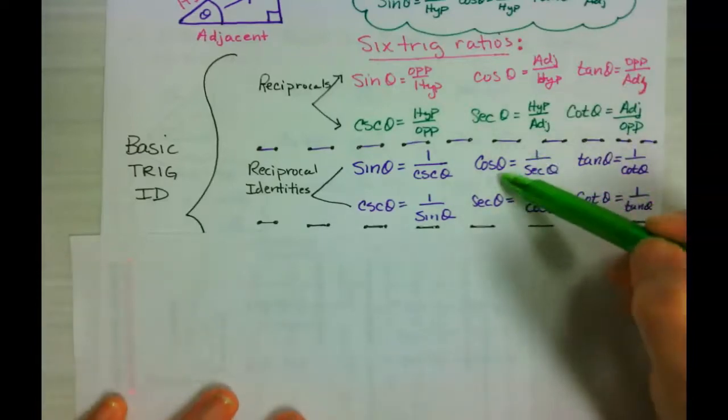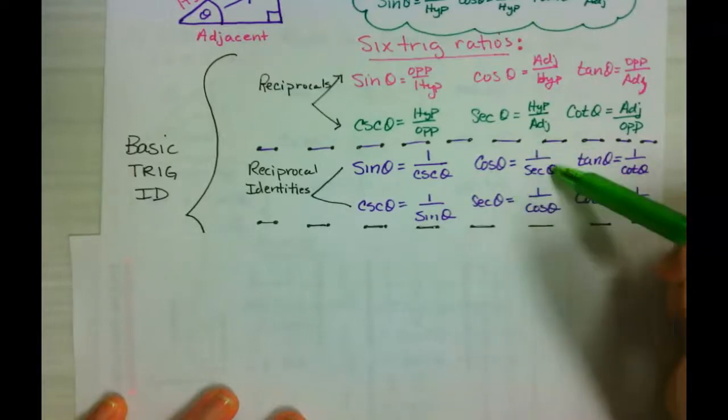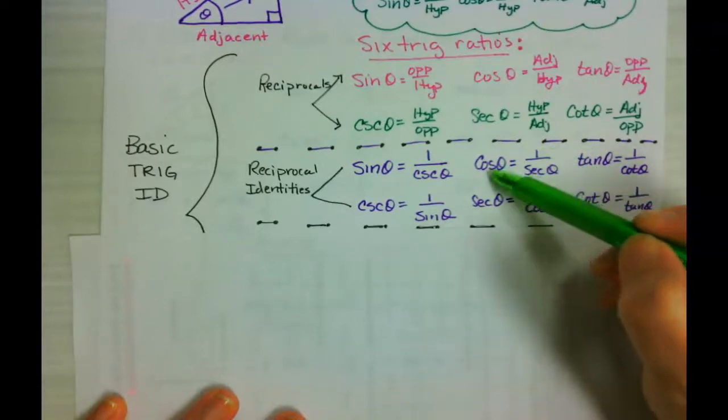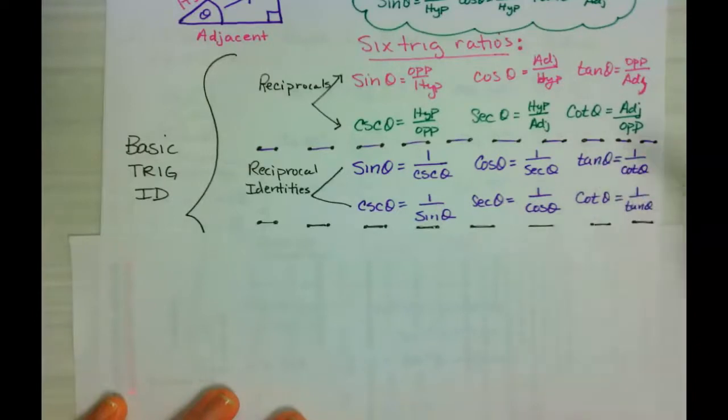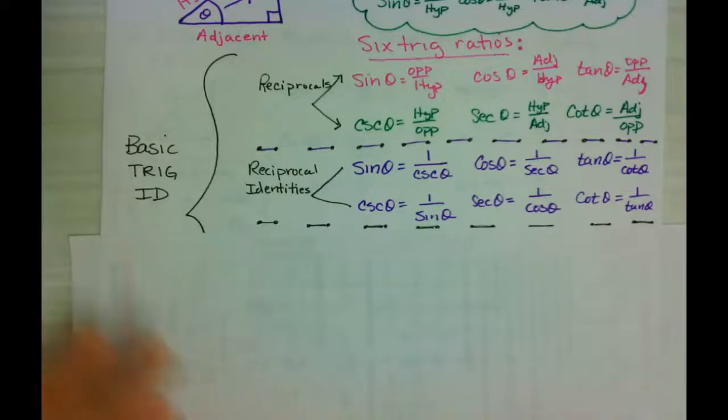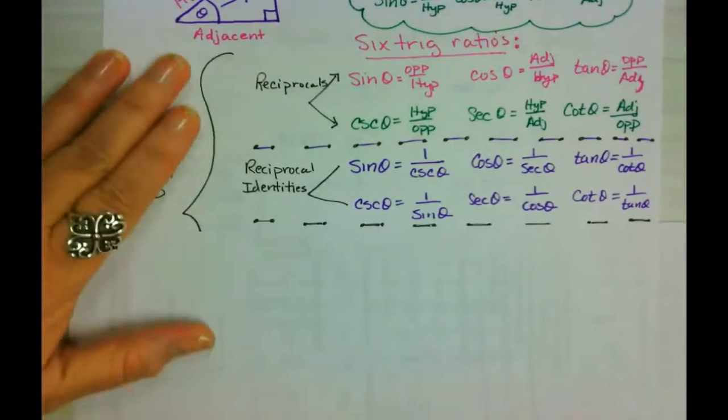But you can also generate them from here because I know cosine of theta is 1 over secant, but now I know secant is 1 over cosine, excuse me. So then if I want to know tangent, I know tangent is 1 over cotan, but if I want to know cotan, all I have to do is go 1 over tan. So it's up to you which way you want to learn them. Either works equally well, but these are things that will need to be committed to memory, so come up with